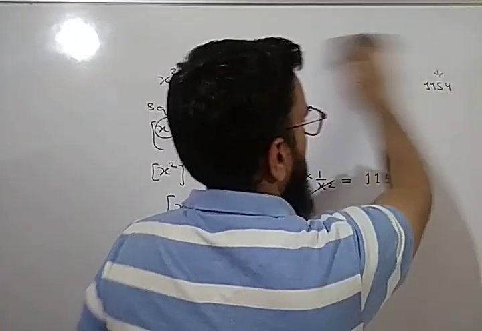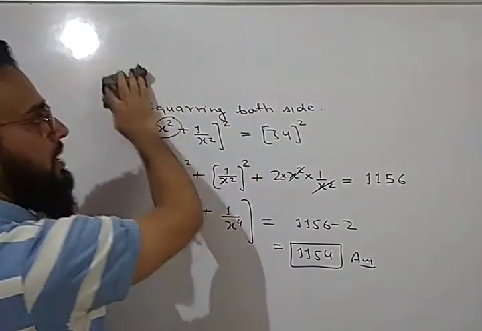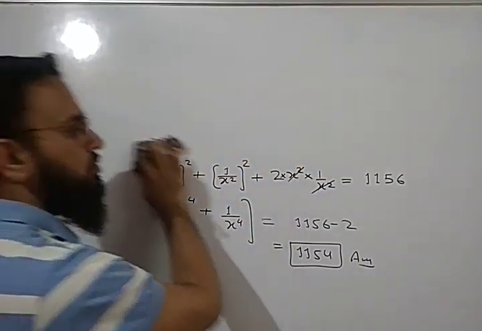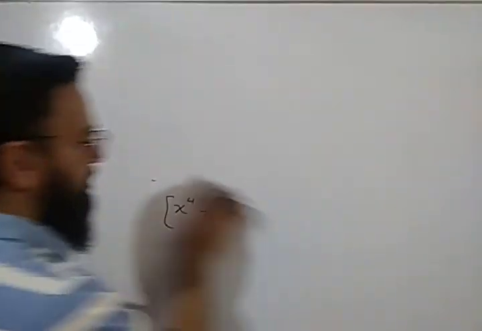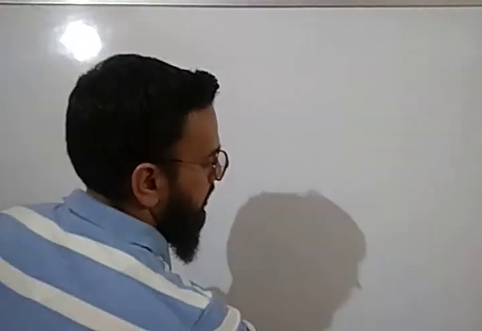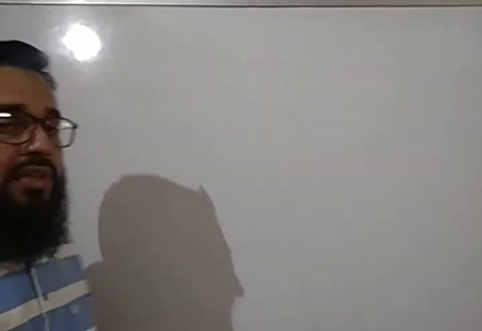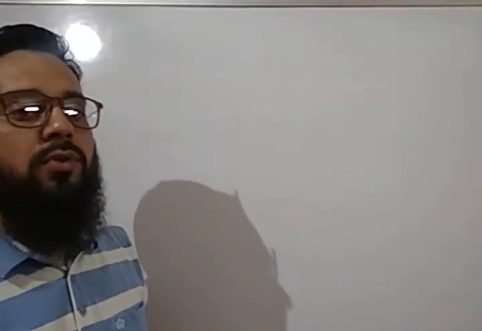So in this question, you are given x plus 1 upon x and you have to find x square plus 1 upon x square and x to the power 4 plus 1 upon x to the power 4. Now, sometimes the question will be given in such a way that you are given the square term and you have to find the term without square. For example, the question is,